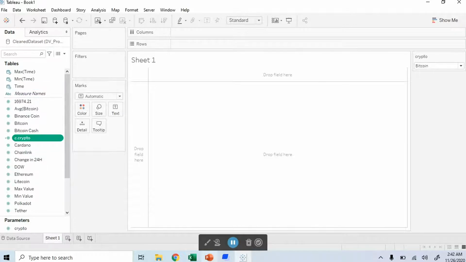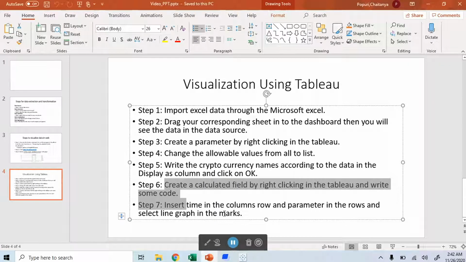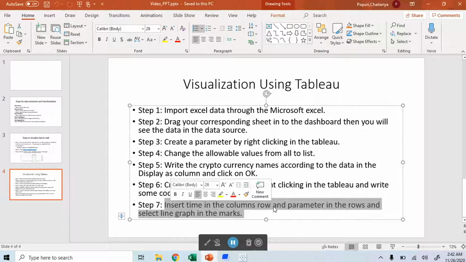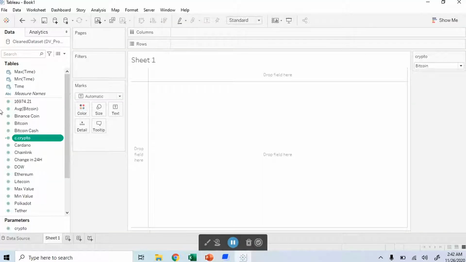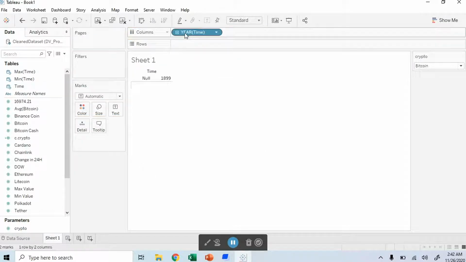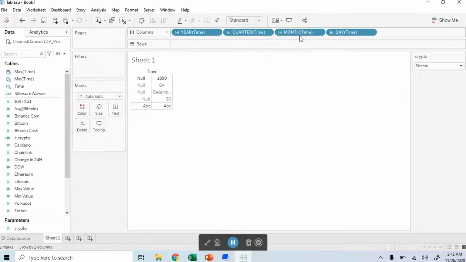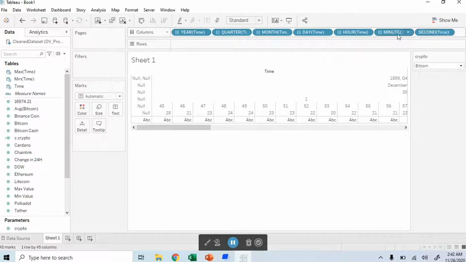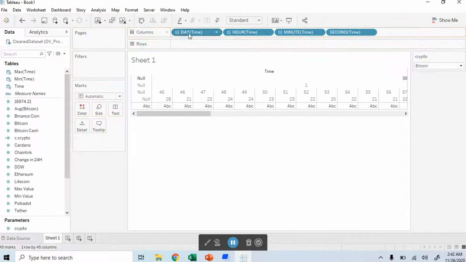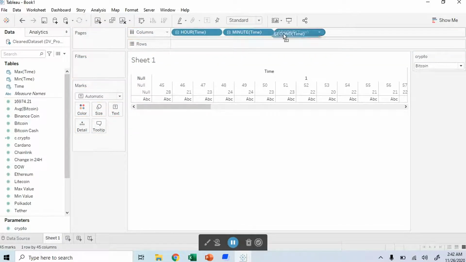So the next step is to insert time in the columns row and parameters in the rows. So here we can take time in the columns row. We can click and expand like this. We can get day, month, hours, minutes, seconds. For hours and minutes, we need to get hours and minutes.